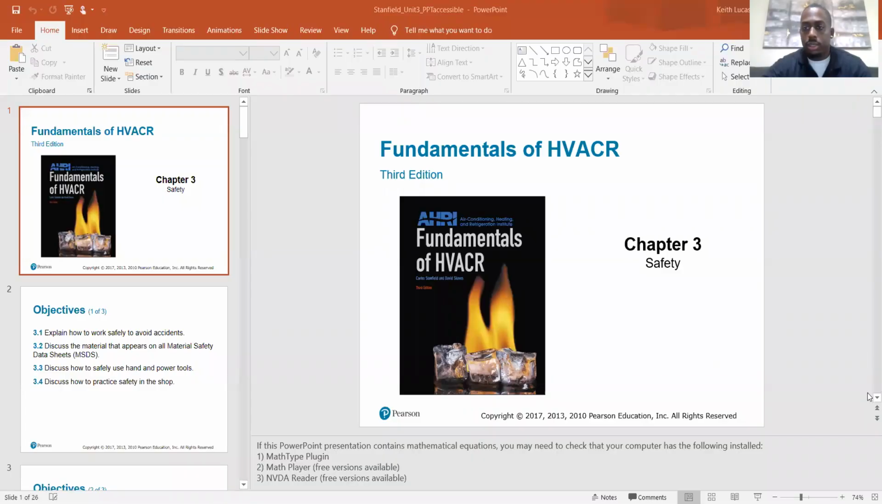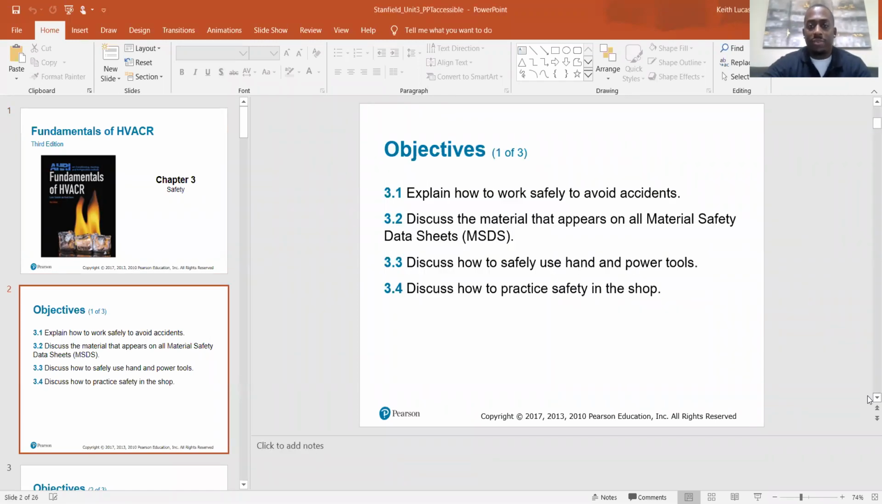So let's get started on safety. Chapter 3, the objectives are: explain how to work safely to avoid accidents, discuss the material that appears on all material safety data sheets, discuss how to safely use hand and power tools, discuss how to practice safety in a shop,